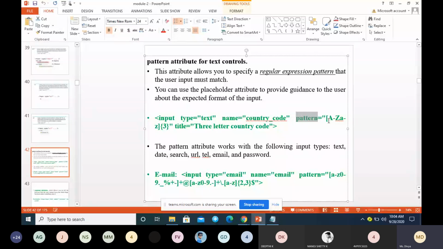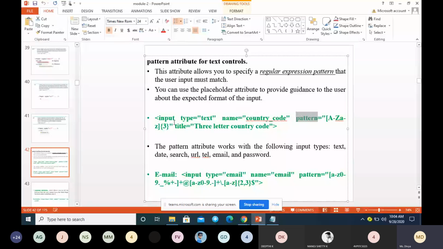You have studied regular expressions in Unix, right? So you can specify a regular expression that the user input must match. We can also use the placeholder attribute to provide guidelines to the user about the expected format of the input.